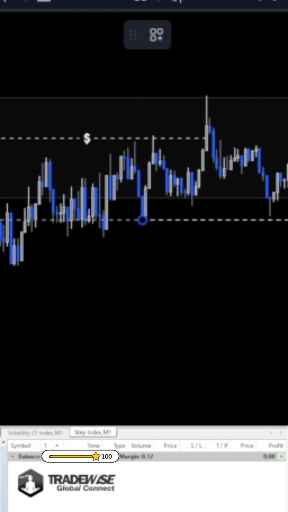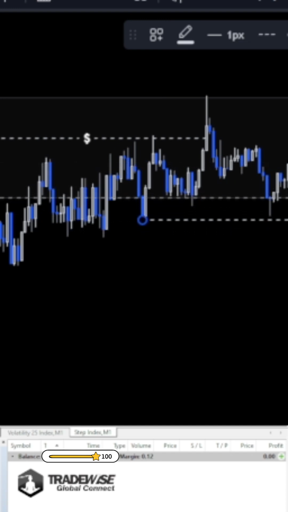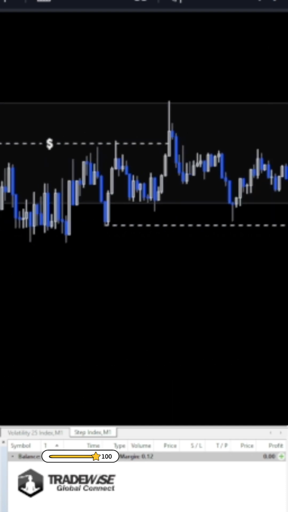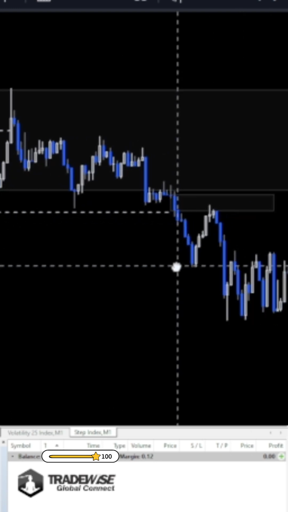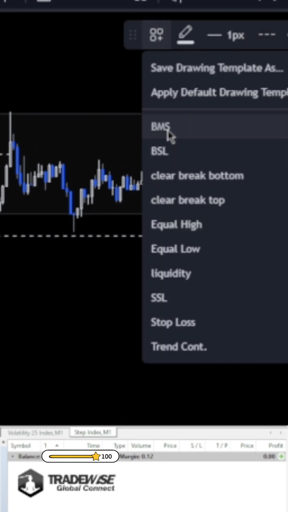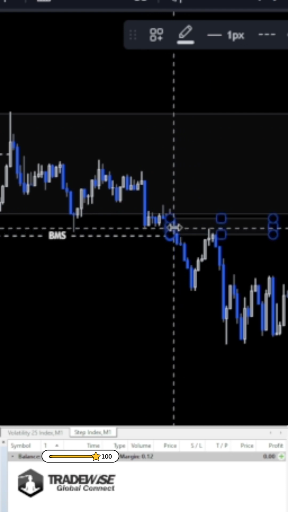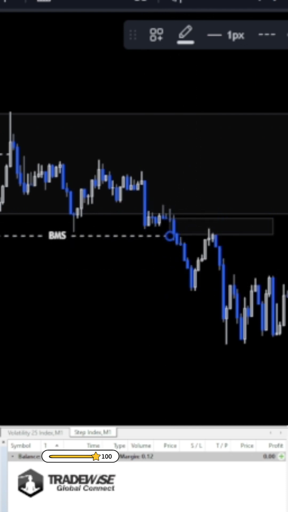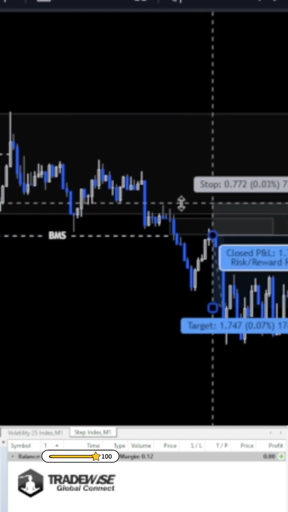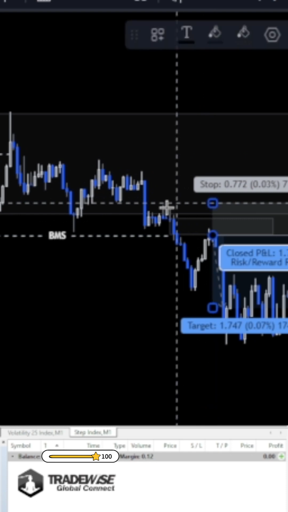If you went for this and you were waiting for a break of structure, your break of structure would have happened just in here, and then you would have waited for a return to the fair value gap, and you have a fair value gap in here. You see that a return to the fair value gap happened just there. You would have been able to take a sell. Sorry, I'm gonna move that over. So after that break of structure, this is our break of structure. I'll mark that up as well. So you're waiting for price to return to this fair value gap, and just this fair value gap will be your entry area. So simple and short, you will have entered here neatly, stop loss above the highs, okay, and